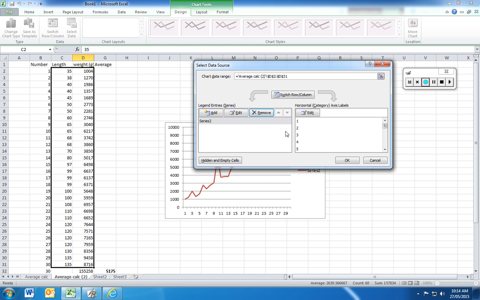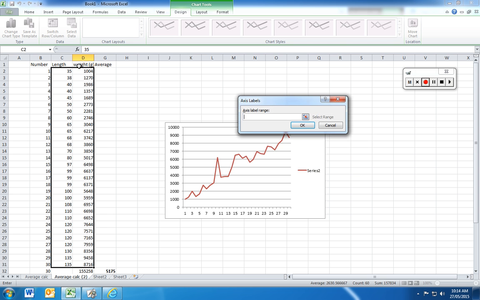Alright. And now it's basically giving me my weight against my number of fish, which I also don't want. So here we've got our weight series. So series 2 anyway is our weight series, and it's on the horizontal category. You'll notice that it's got numbers, all right? So it's essentially calculating out the number of fish that we had, not what we want to be doing in terms of the length. All right, so if I go to edit and then over to here